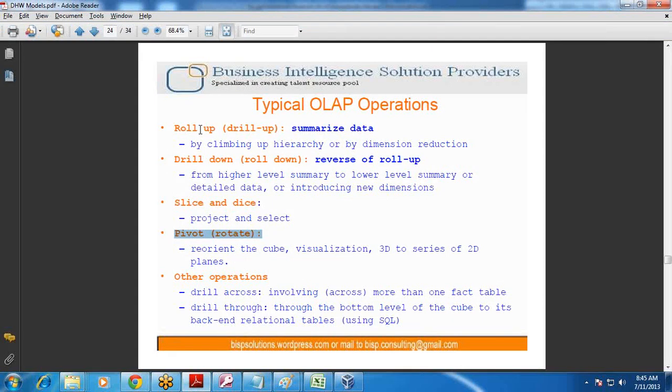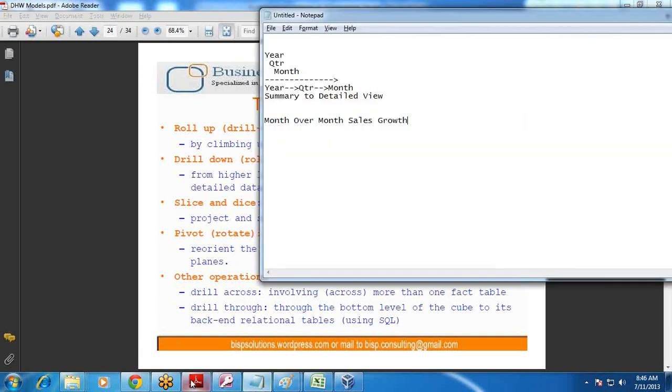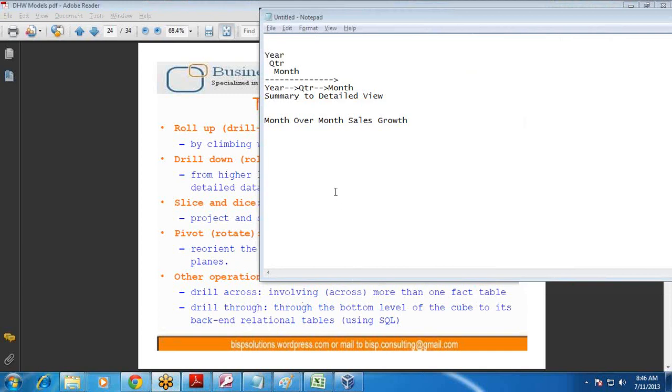Pivots. So we've seen how to navigate data in a summary to detail view, detail to summary view, rotate your cube, and focus on a subset of the cube. That's all OLAP operations. Now these operations are pretty fast, and you see them happen with just a couple of mouse clicks. And behind the screen, the engine, every time I process my data, who processes it, how does it work? So from a relational database point of view, my first query was looking at yearly sales,